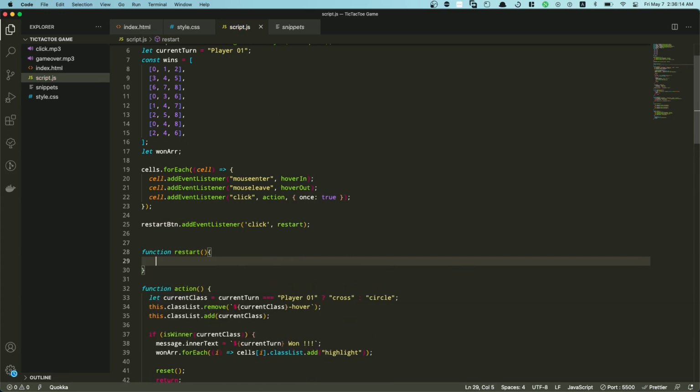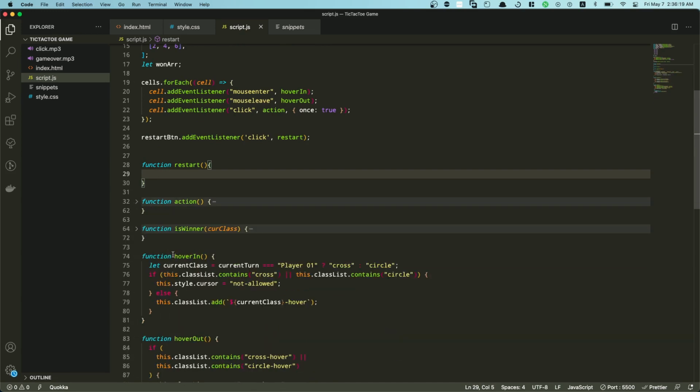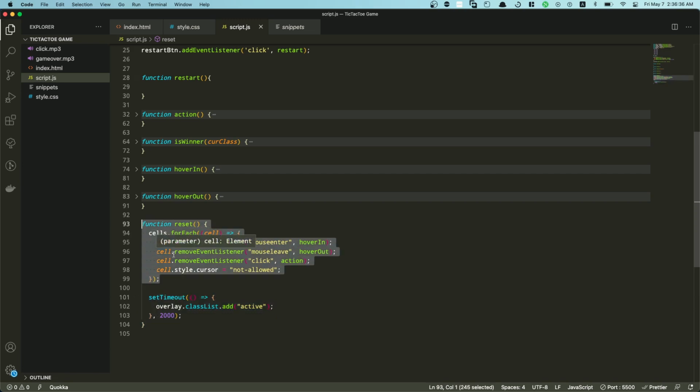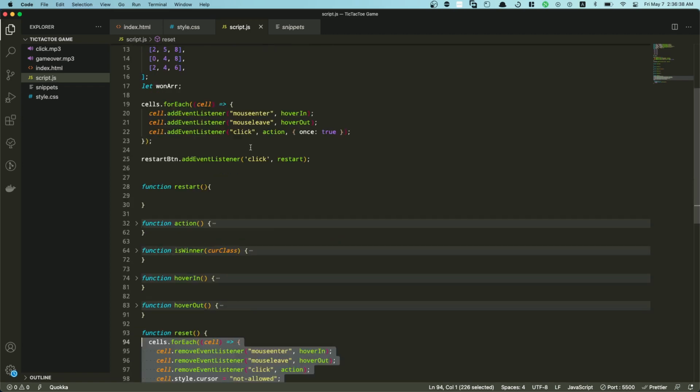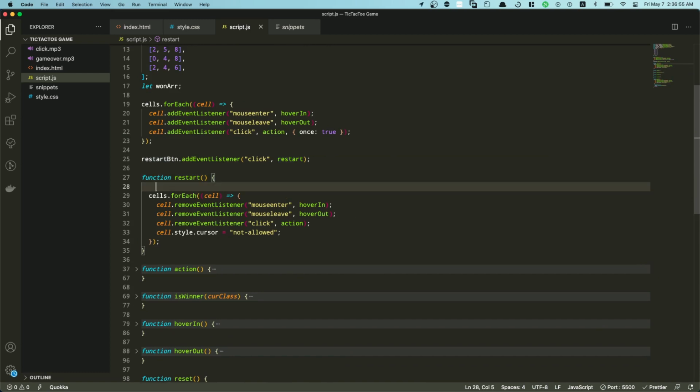create that function, restart. So basically what this is gonna do is, let me actually collapse all these out. This is gonna first call this function of reset. Okay, if I even do this, then it's also gonna call this set timeout as well with it. So let's just actually copy all these out of there and then paste it right here. So this restart function is going to basically set everything fresh or reverse everything. And then down below right here,